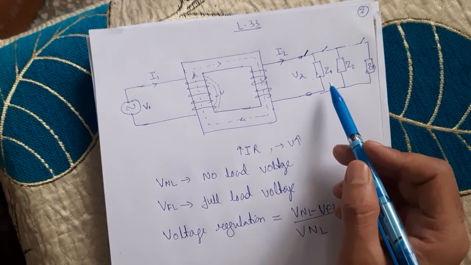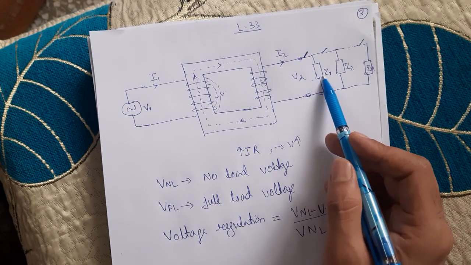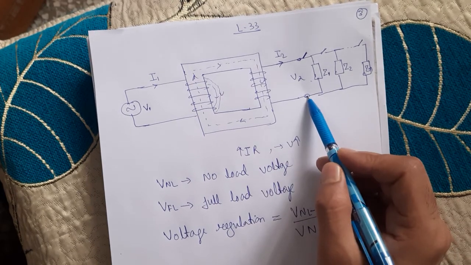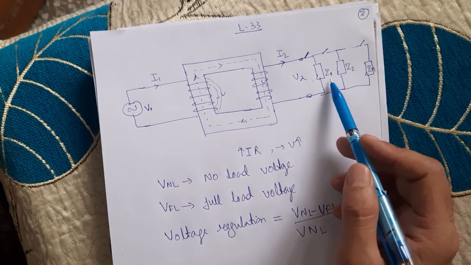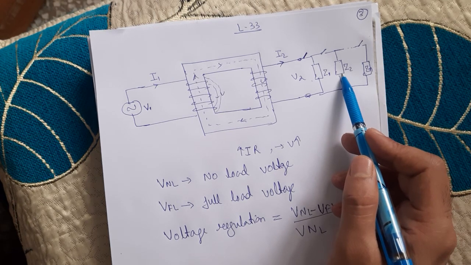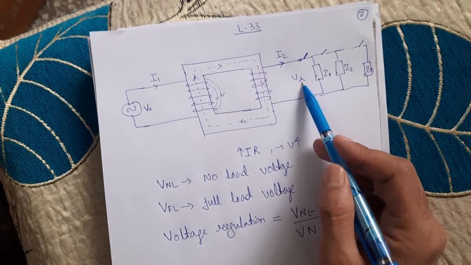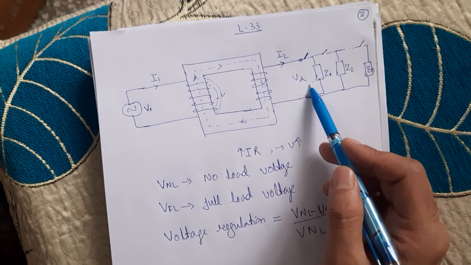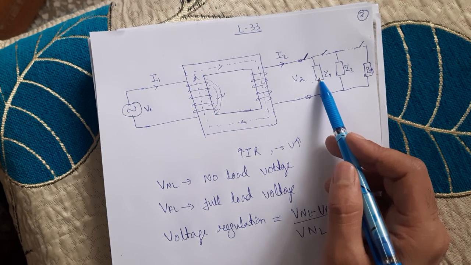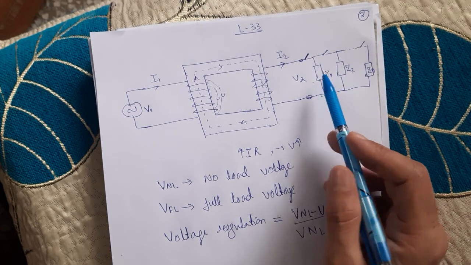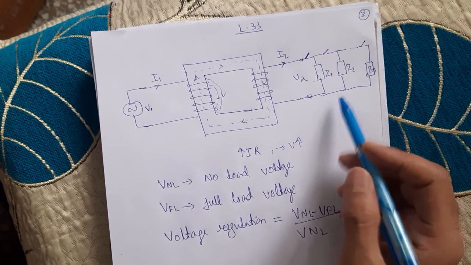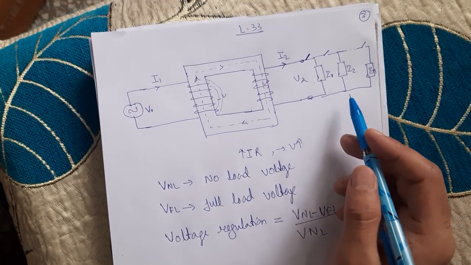Suppose we are using load Z1 and we are getting the required voltage 220 volt across these terminals. Now I am using load Z1 plus Z2. I am increasing the load. What is happening? If I am increasing the load, the V2 has dropped from 220 to 200 volts. However, the voltage rating at which these equipments operate is 220 volts. So these equipments will not get their rated voltage, which is an undesirable operation.